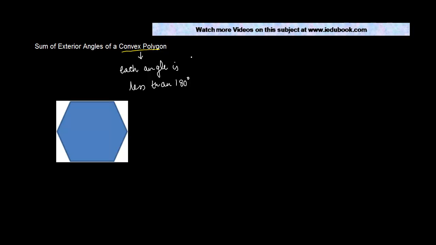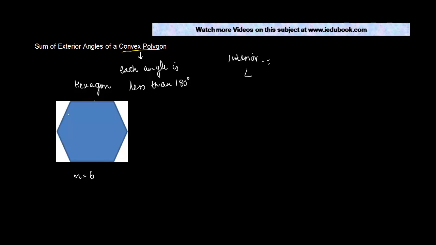Okay, so let's say we've been looking at some figures till now. I'll just reproduce one of them. So this figure is basically having 1, 2, 3, 4, 5, 6 sides. So this is what? This is a hexagon, right? Where n is equal to 6. So in a hexagon, if you find out the interior angle,